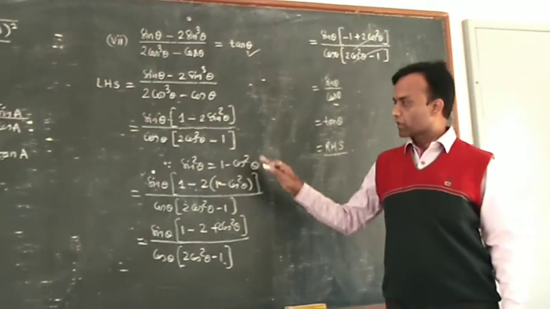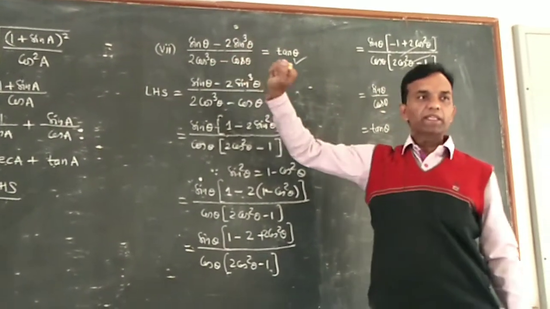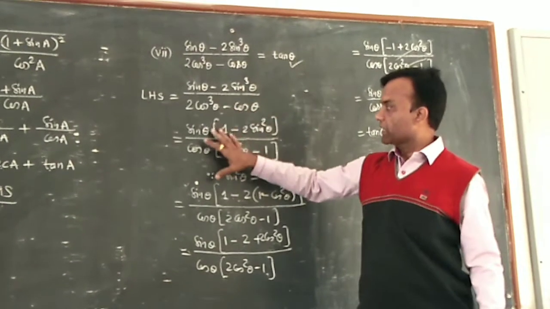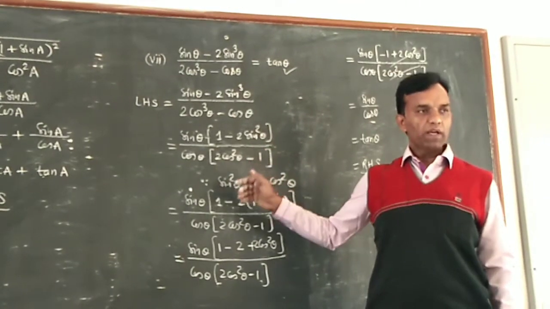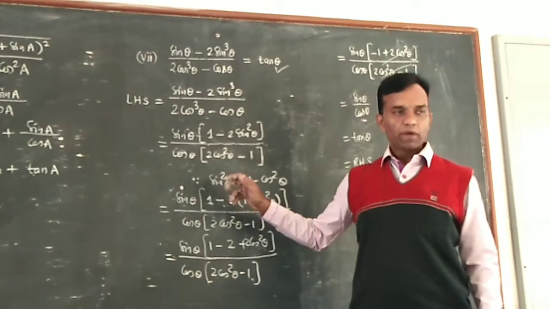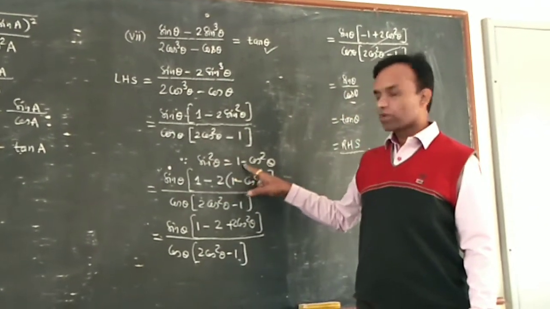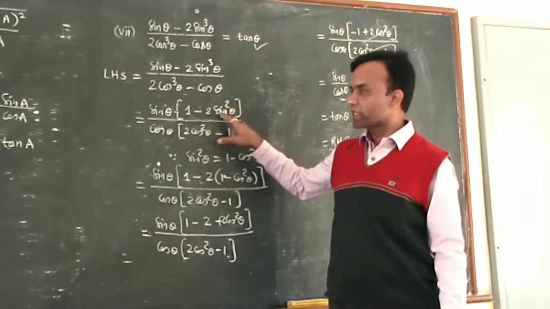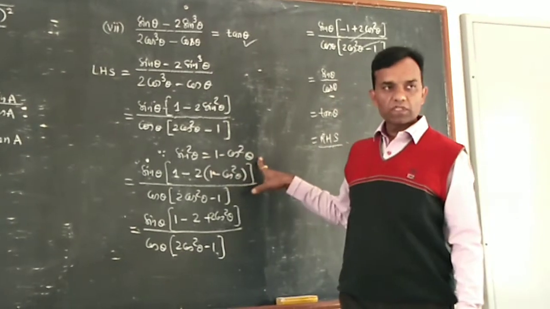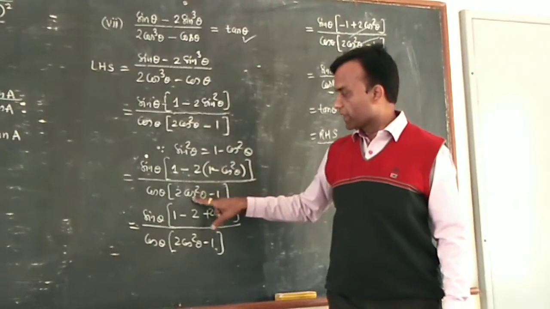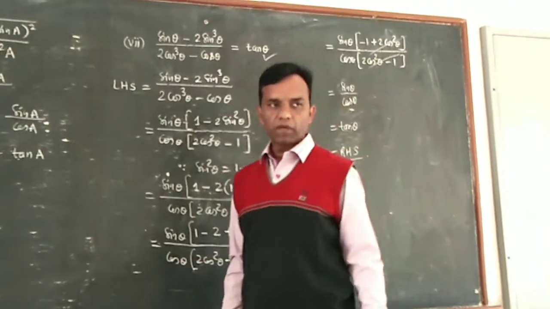Okay, I think the question is very easy, but only one thing you remember here: because the same values are given, you take it as common. Then after taking common, you first decide which trigonometric ratio to use, and use the formula or the identity so they are made the same. Here sin square is given, and we know the identity sin square is 1 minus cos square. So you only replace one single term here, the trigonometric ratio sin square theta, in the form of 1 minus cos square. Then your numerator and denominator have the same trigonometric ratio, and after simplifying, they cancel out.